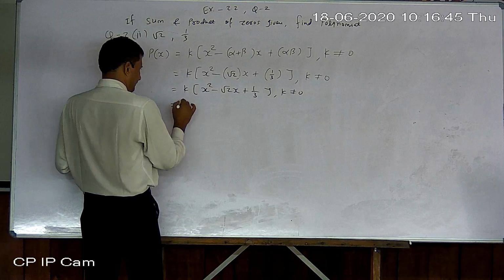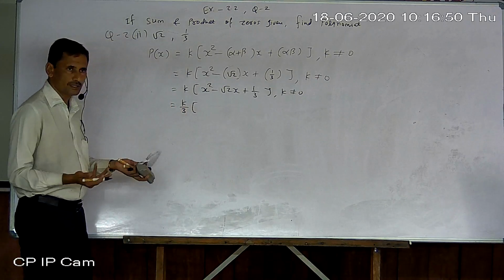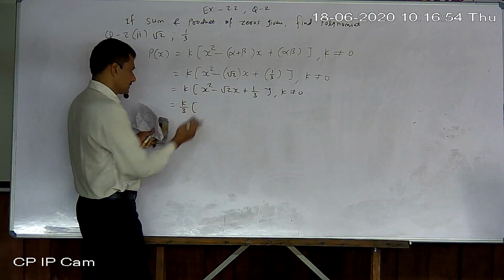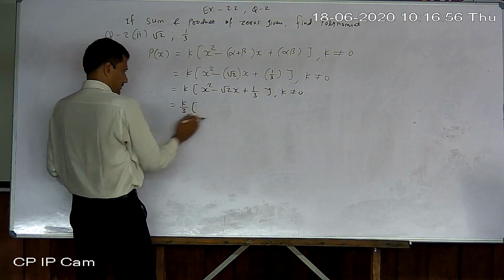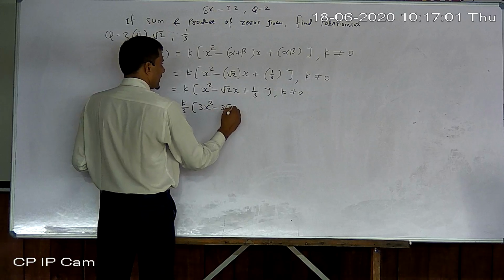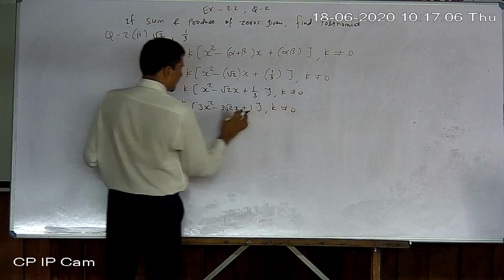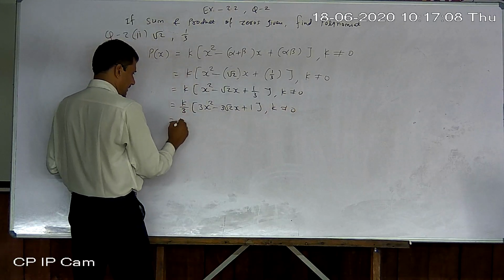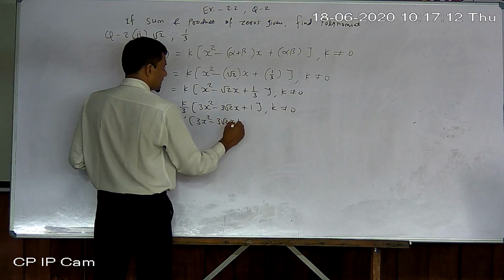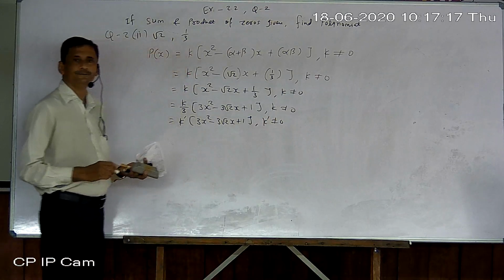Now take LCM and take it directly outside of the bracket. Okay. No need to write one extra step. 3 is taken LCM. So now 3x square minus 3 root 2x plus 1. Okay. So that is our main equation. But now replace this one by k. So 3x square minus 3 root 2x plus 1, k prime is not equal to 0.